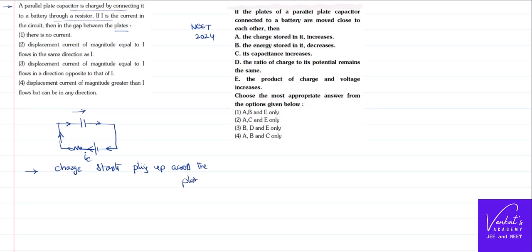As that is happening, there will be a change of electric field between the plates of a capacitor. As the voltage is increasing and the charge is increasing and electric field is increasing, a displacement current is generated